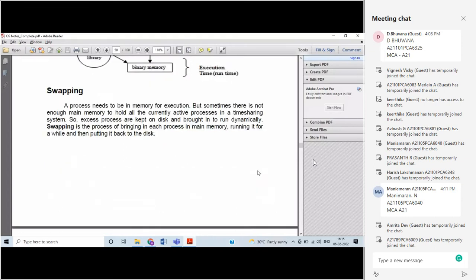Students, புரியுதா swapping na enna? So எதுக்காக swapping வேணும்? Why do we need swapping? Main memory storage இல்லாத போது process. Yes, so when the size of the main memory is very less or is not enough, at that time